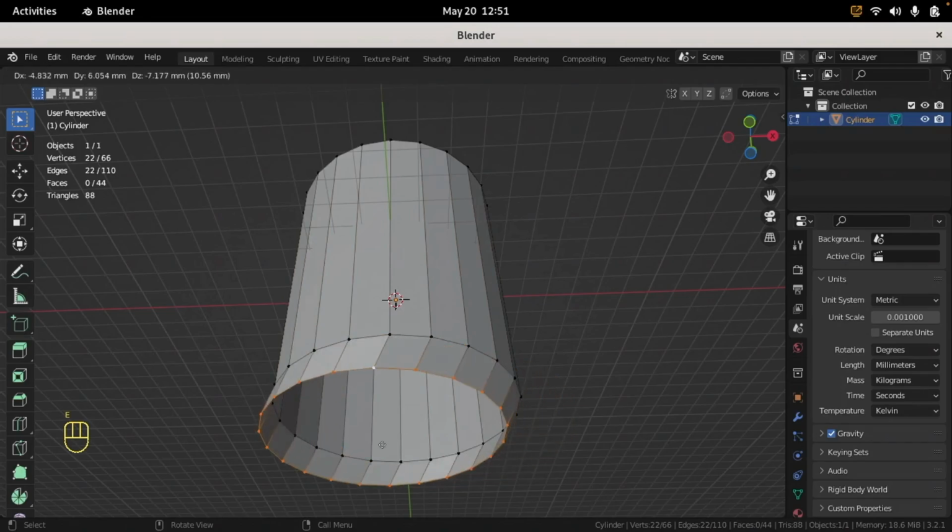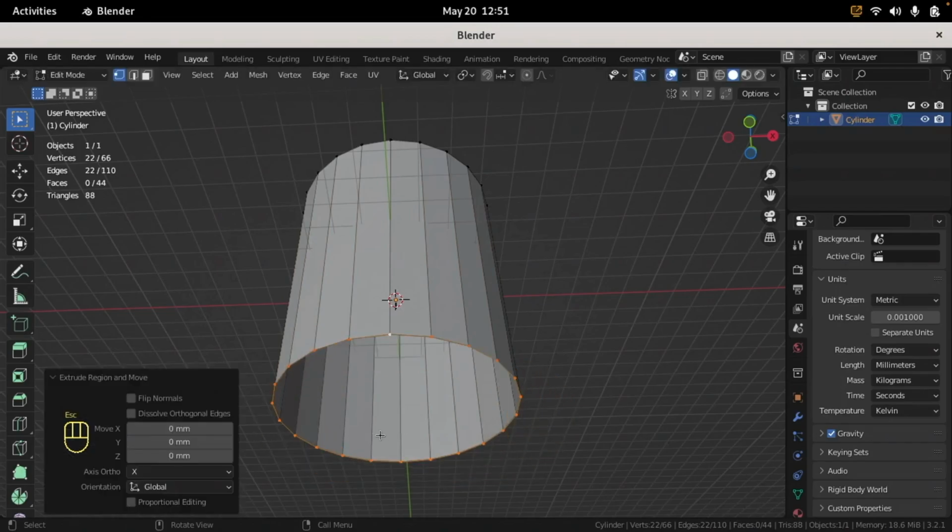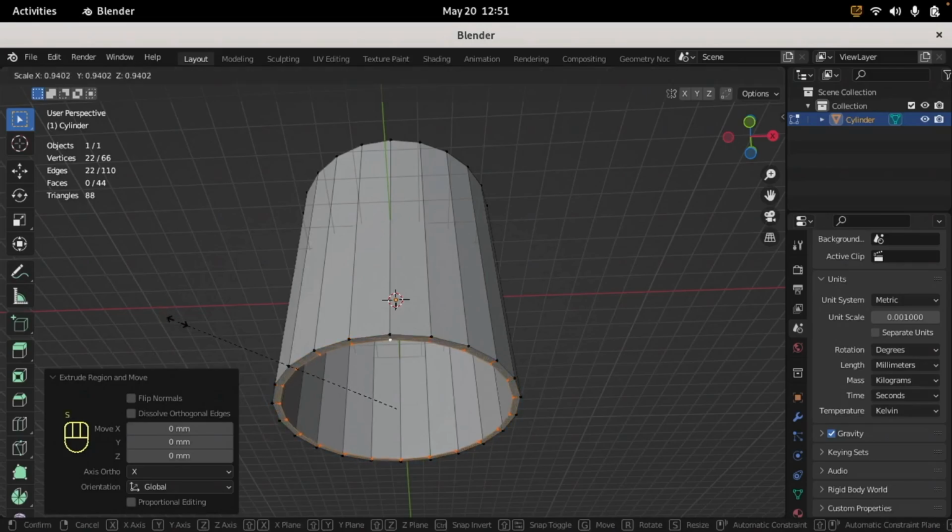Now I can move this around if I wanted to, but I'm going to press Escape. So now it has extruded, but it's extruded on top of the current vertices. So now I'm going to move the cursor over here and press S to scale. And I'm going to move this in. And you can see at the top of the screen, underneath the file menu, the scale. So I'm going to scale this down to